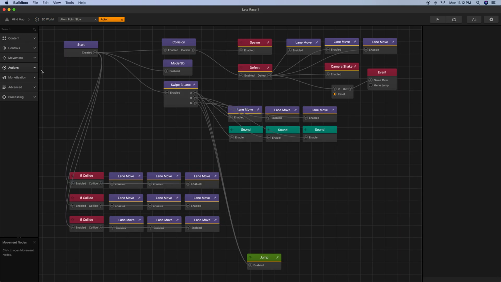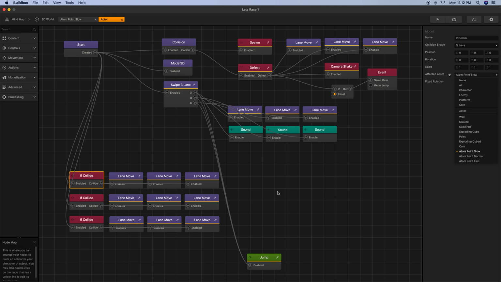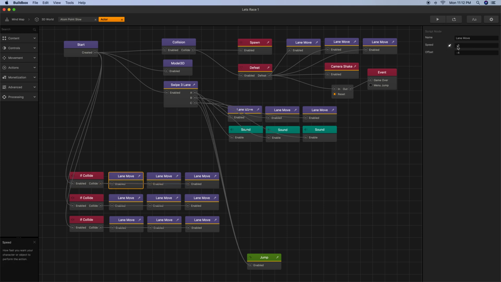I went into my actor, and I created these 3 collisions from start. If collide with atom point slow, collide enables lane move speed to -5 for offset 4, -5 for center, and -5 for far right. And then normal is -20, which happens to also be the normal game speed,